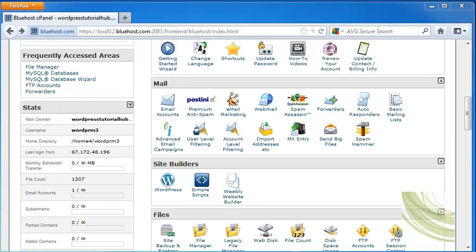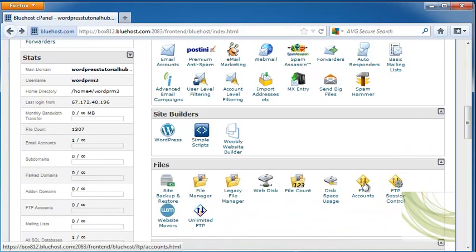Hi, in this tutorial we're going to take a look at how to do a file transfer using the cPanel File Manager, and this is going to be using the FTP information. When you get your account, you should get FTP information that will help you to use this type of file transferring service. So what I'm going to do is go into my cPanel, and I'm going to go down to